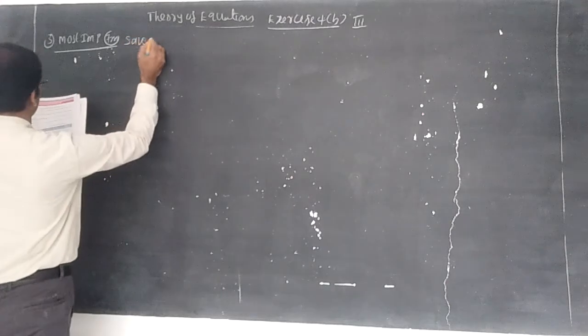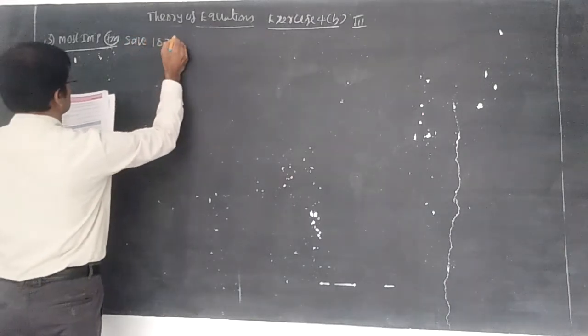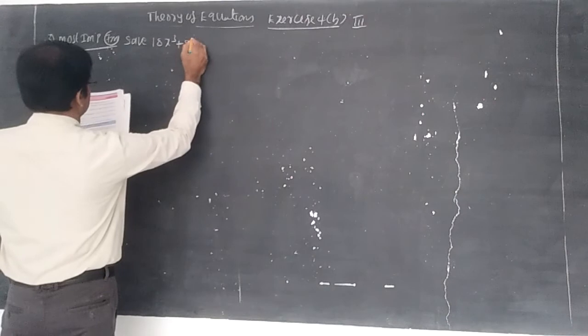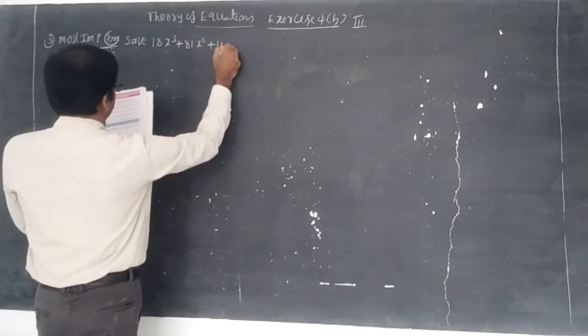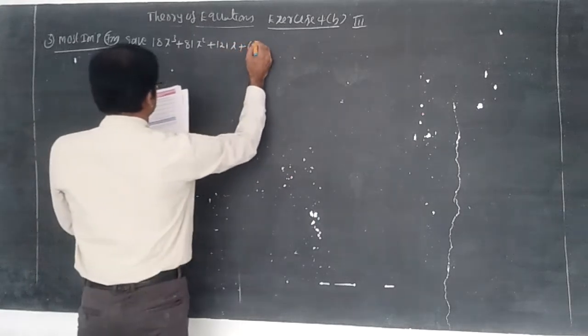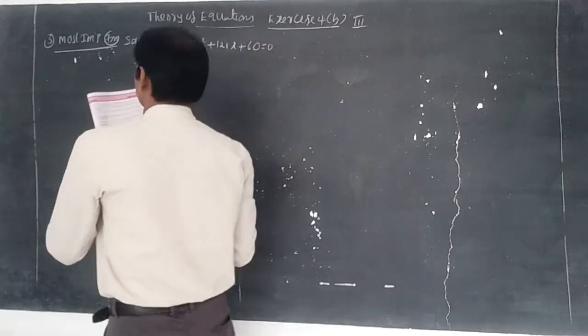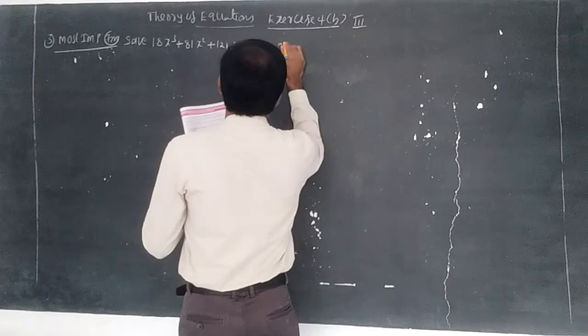Solve 18x cube plus 81x square plus 121x plus 60 equal to 0, given that